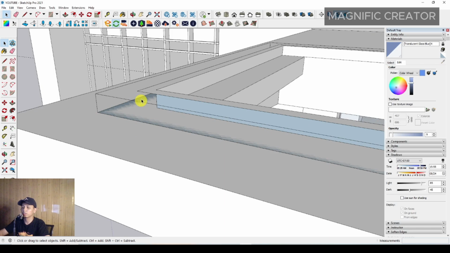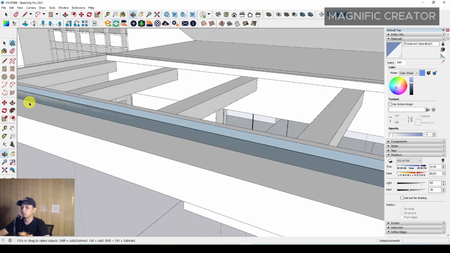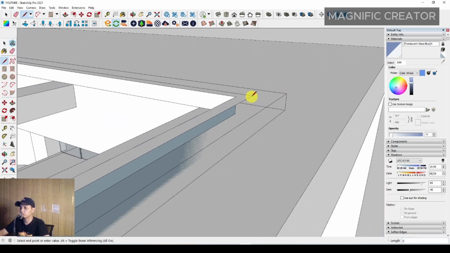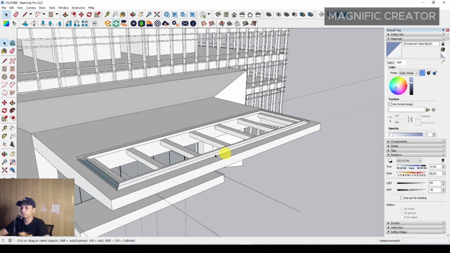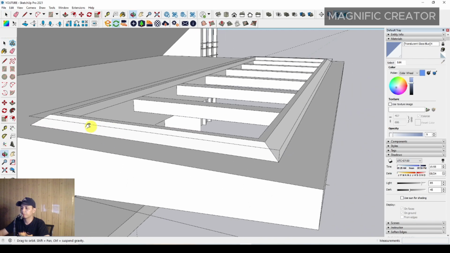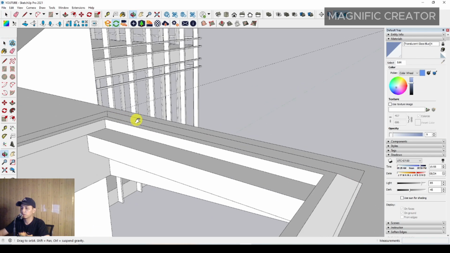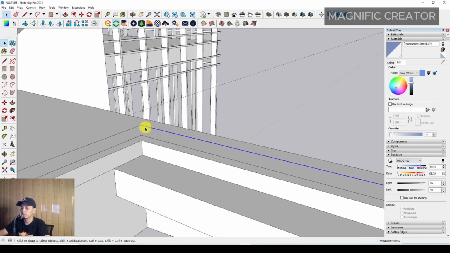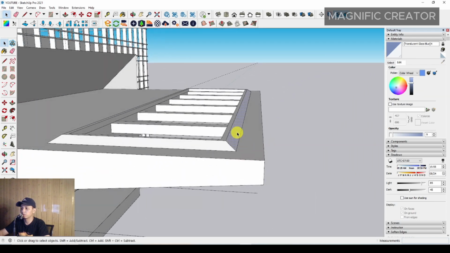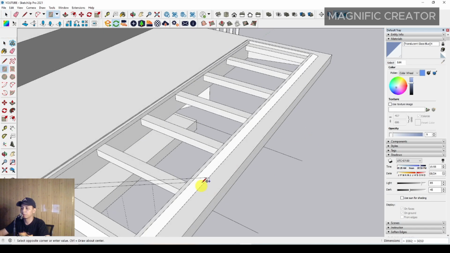Then we can connect the corner to corner line. Okay, we can connect the corner with the line, so it will be a solid object of this base of the glass roof anyway. And delete all this line. Then we have to triple click and make group. Okay, and after that we have to make a glass object right here,